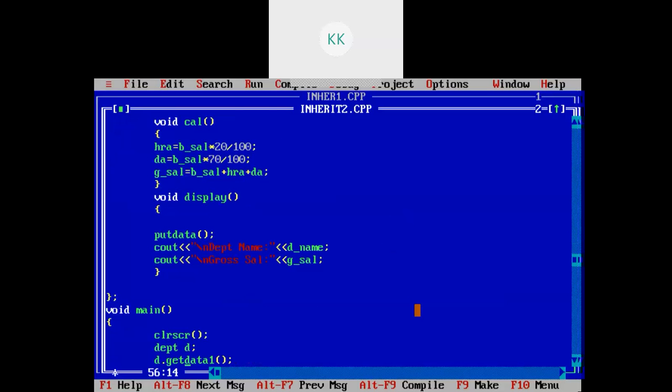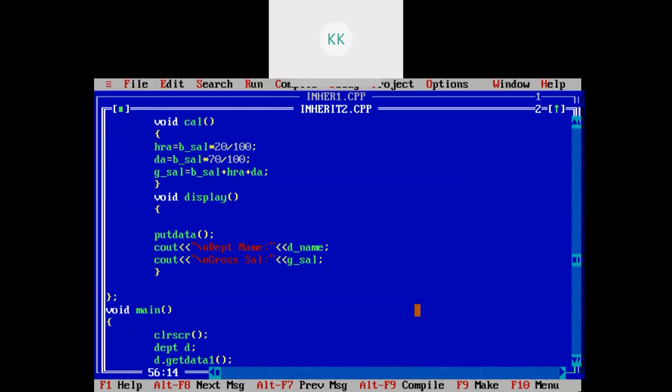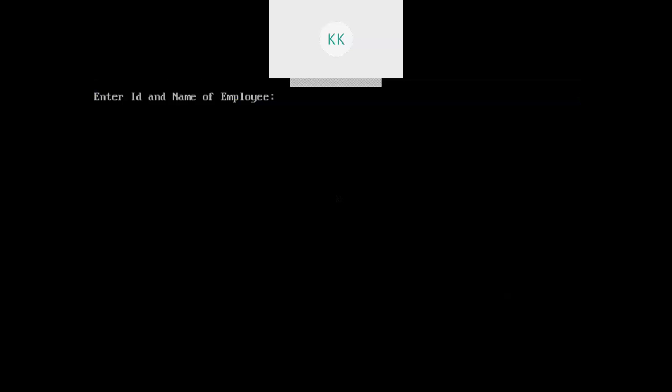Okay, again try to run it. F9. Employee ID 1, name XYZ, basic salary equals 12, department name CM.